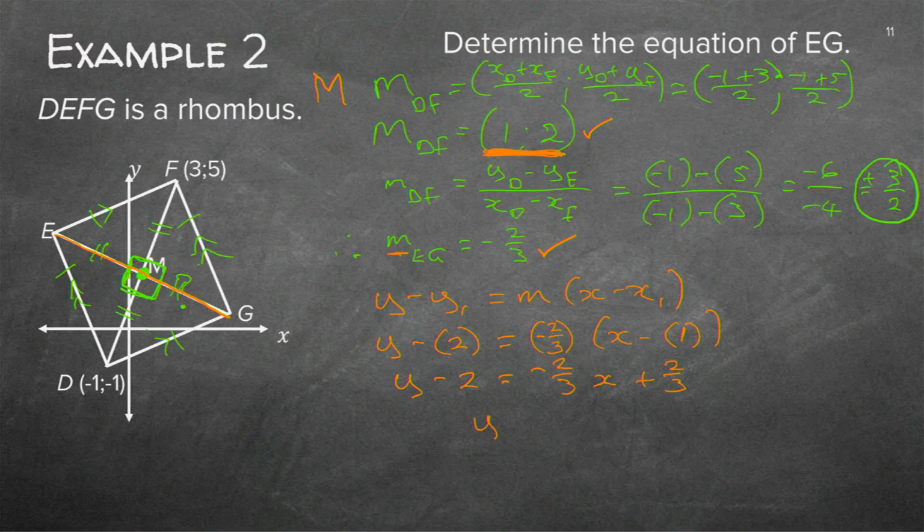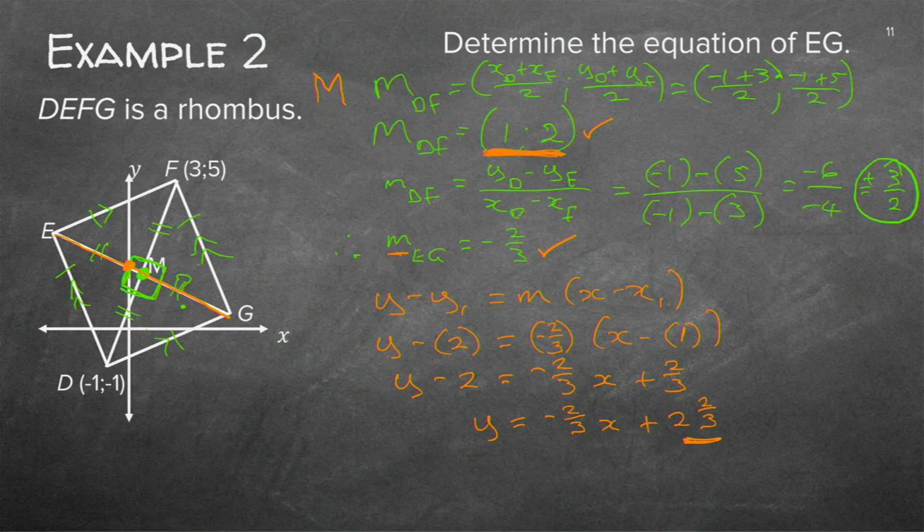And I must bring the 2 over. So it's plus 2, plus 2/3 is 2 and 2/3. I prefer to leave it as a mixed number because I can go and check. There where the graph cuts the y-axis, it is a little bit above the M. Remember the M y was 2. So it's most probable that the y-intercept of this orange line of mine is 2 and 2/3. So hopefully I'm on the right track. Hopefully we did it correctly.